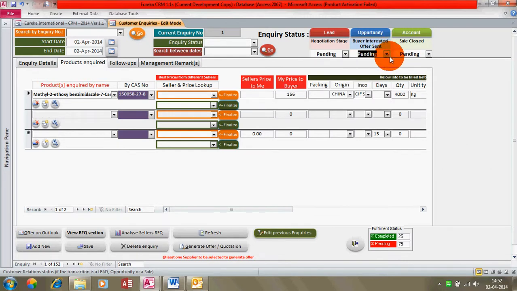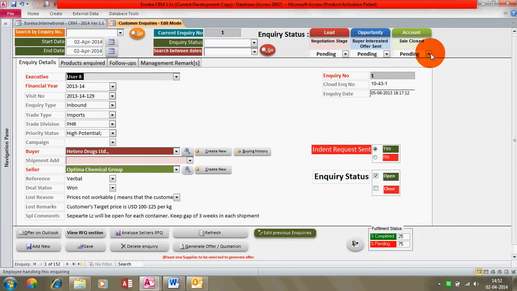Once the offer has been finalized, you will have to be after your buyer to send you the PO or the money. It's the same thing. So till the time you do not receive your PO, your account stage will always show as work in process status. Once your PO is received, it becomes completed.